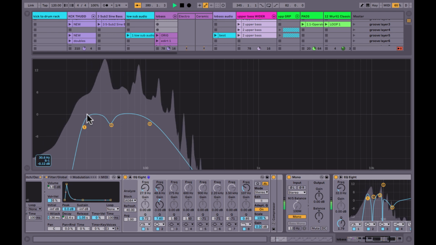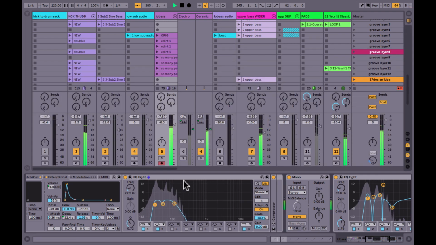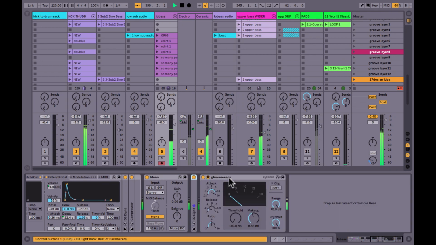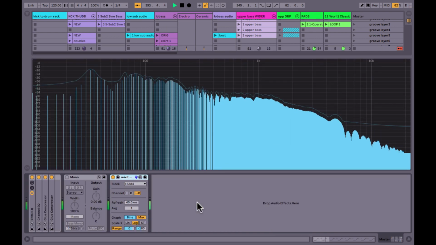So if I put the note right here, it says 30 hertz, note is B1, 32 hertz, note is C0. I know that note is the C on the keyboard, so I'm actually EQing harmonically to tune in on frequencies that work for this specific bass line. That's why EQ is your friend with music theory. Then we did a mono switch to get our bass line in mono, another EQ plugin because I was being super specific, and then a compressor to level out the bass line notes, spectrum analyzer on the master channel,